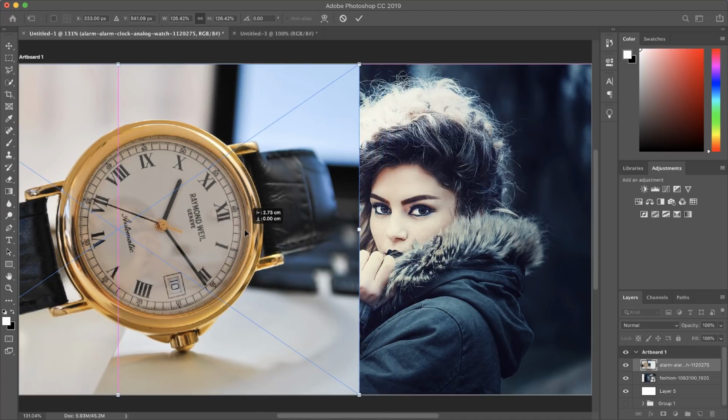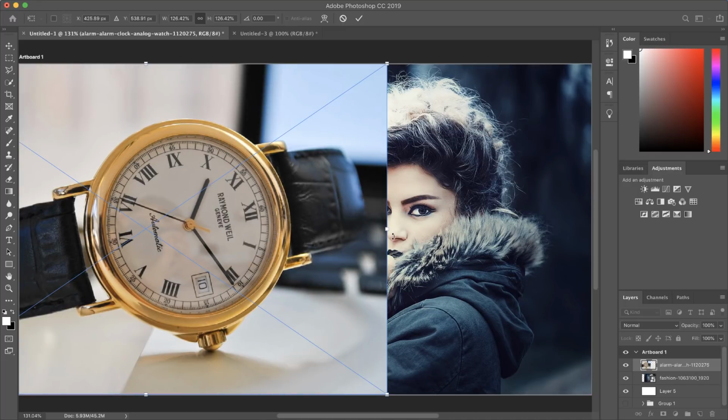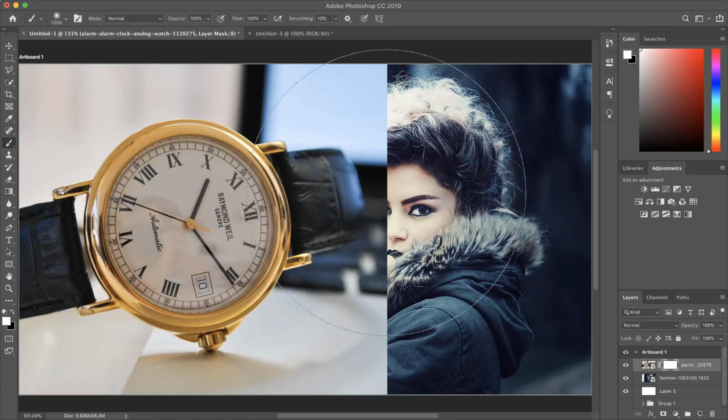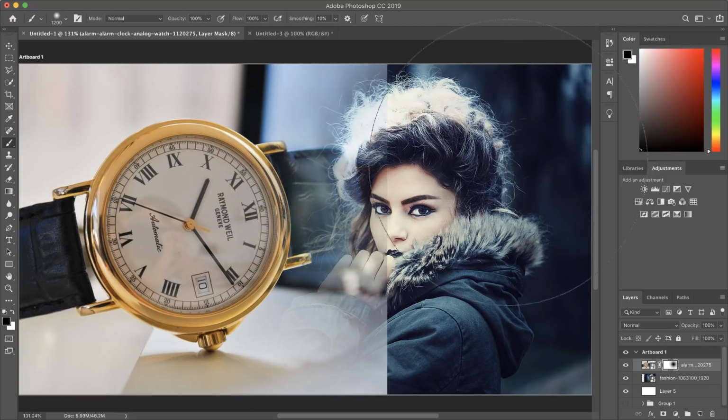All right, that's looking great. I'm just going to press enter. Now the next stage is to add a layer mask. So I'm going to click here on this button to add a layer mask. And then I am going to select my brush tool. So here my brush tool is selected. Now all I have to do is to make sure black is my foreground color here on the colors by clicking on X. So now I can start painting